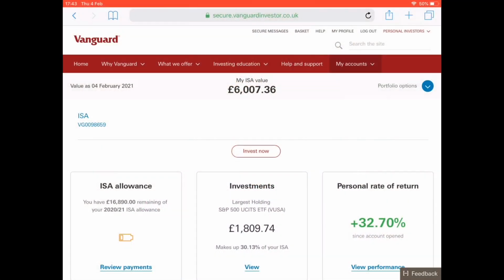Here we are then back inside my Vanguard account. Now, it's not too long ago since we had a look at this account, but you'll notice some of the differences in the figures because I have made a new investment and also the market has dipped a little bit since my last video. You can see that the total value of my ISA is currently